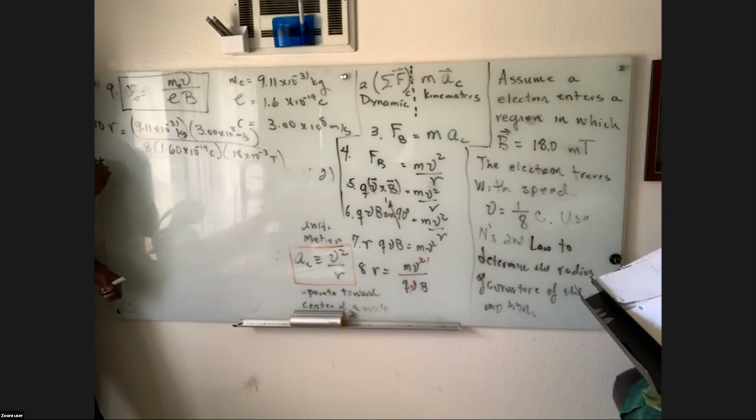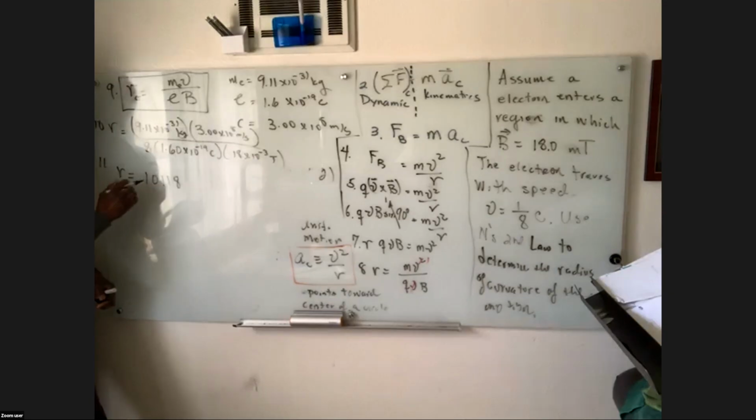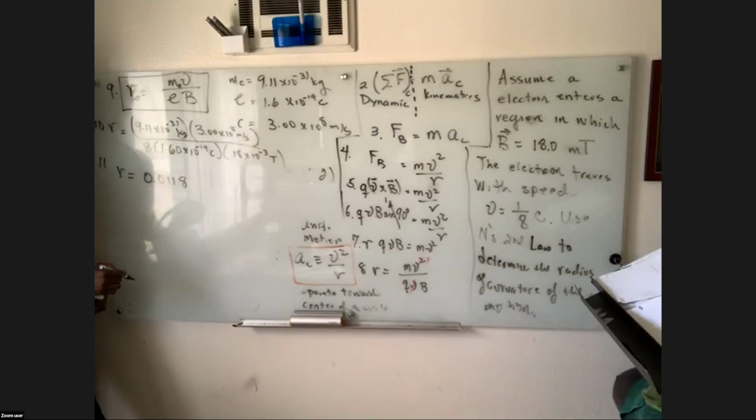0.0118. So the radius is 0.0118 meters. Oh, sorry, 0.0118 meters. So let's say we could do that as